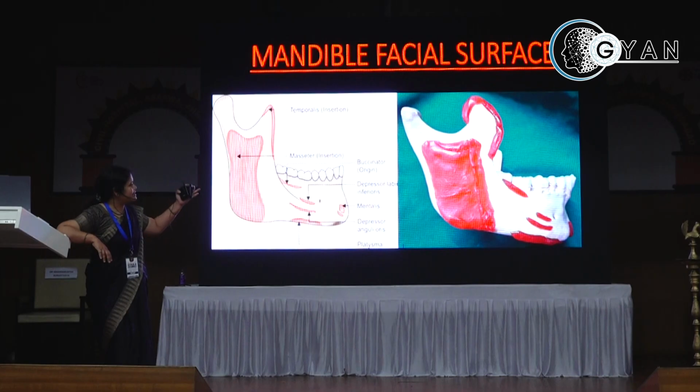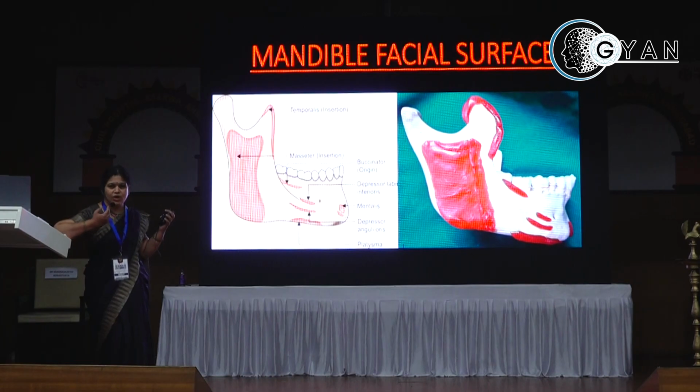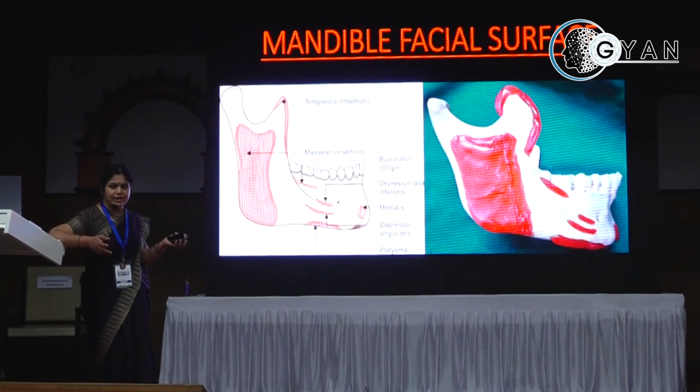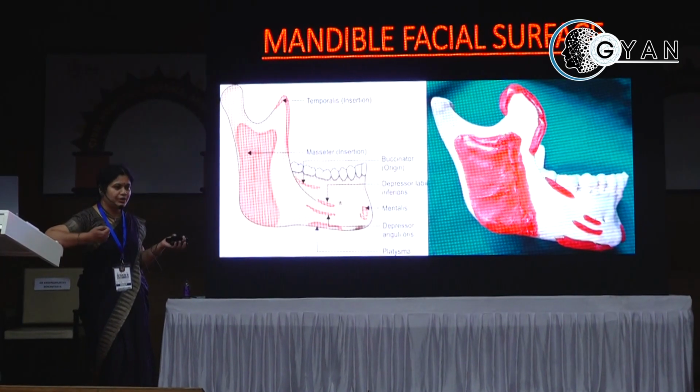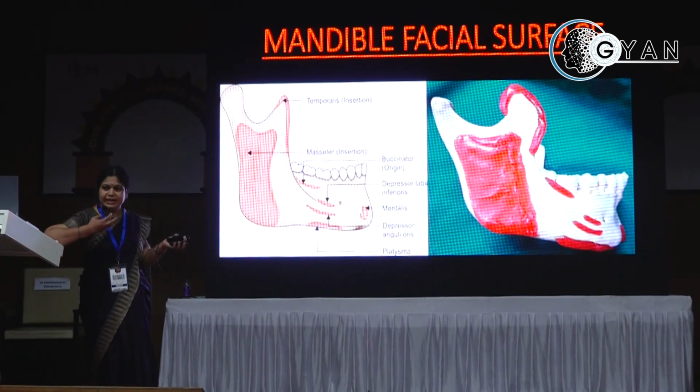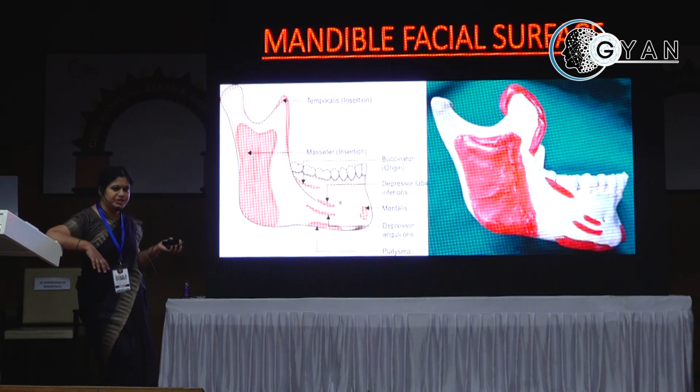Keep in mind that this is the area where, if you detach, for example, the mentalis, when we take it off during genioplasty or harvesting of the bone, we need to do a two-layer closure. You need to attach the muscle back to the periosteum because it will prevent a droopy chin or the witch's chin